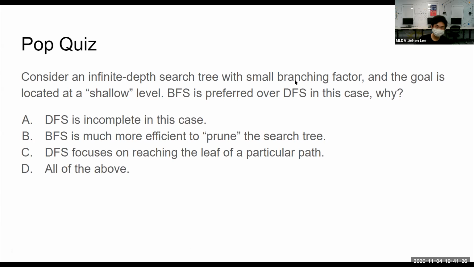So for an infinite depth tree, as I have mentioned just now, if you're just using a simple depth first search, it will go on and on because it will focus on reaching the leaves. So it will go on and on until you reach the end, but there's no end. So it actually gets trapped and cannot find the solution. And for breadth first search,